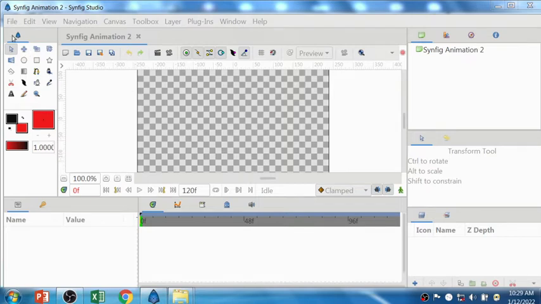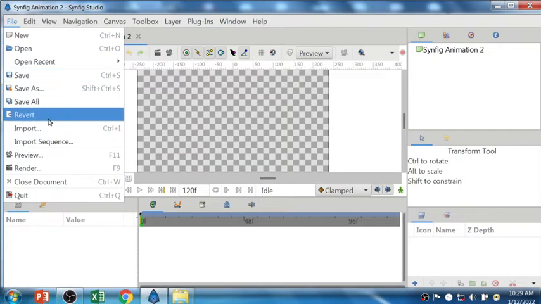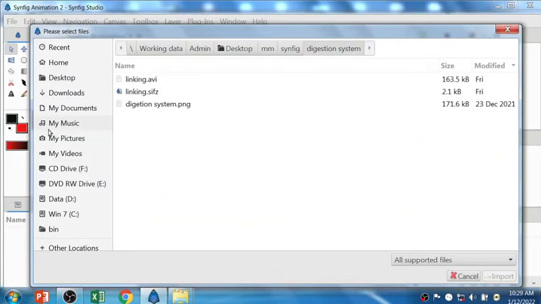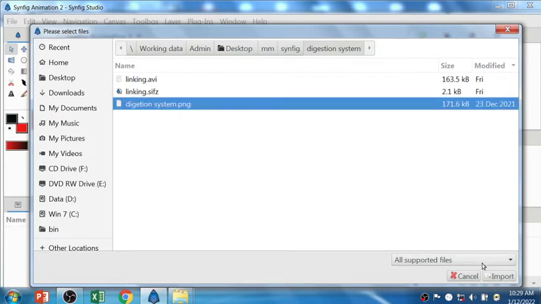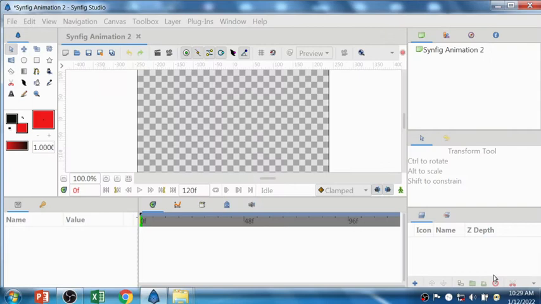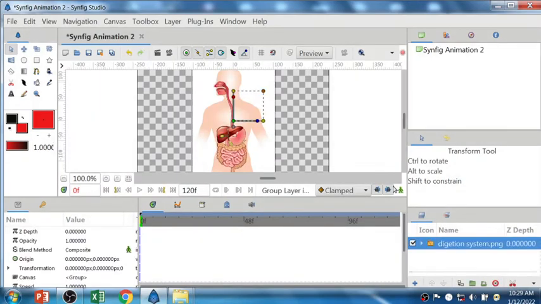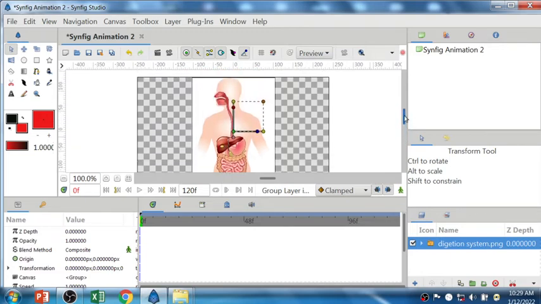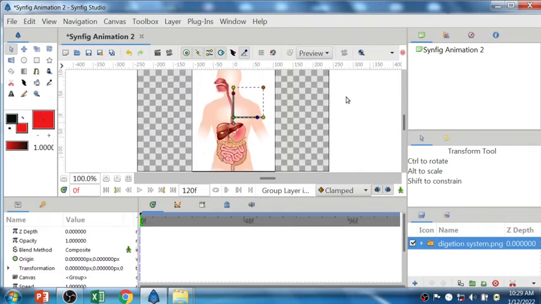For creating the digestion system, first I'm going to import the image which I have already downloaded. So I'll select the image. You can see the image is available on the stage right now. What I exactly want is